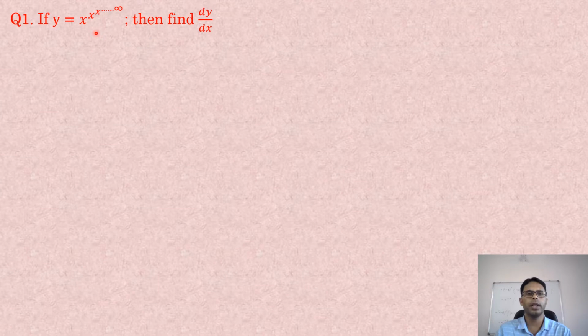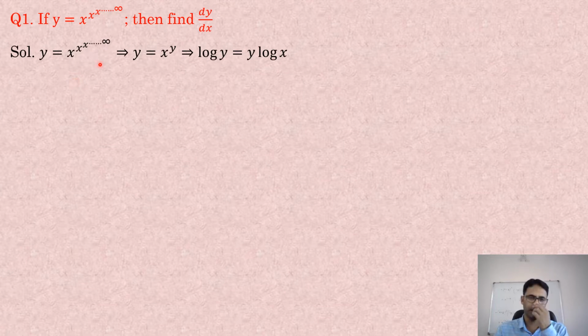And how to differentiate an equation or an expression or a function having a symmetric infinite series will be cleared from the examples I am going to solve today. So let's go to the solution of this problem. y is equal to x to the power up to infinity. Then we begin with this given expression, y is equal to x power x power x power and so on up